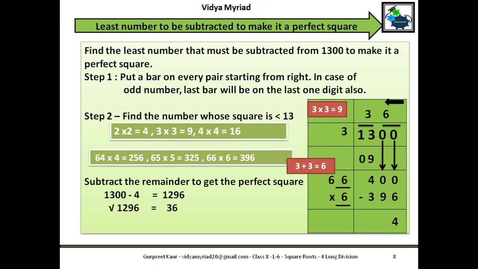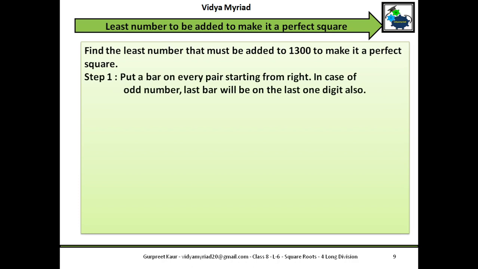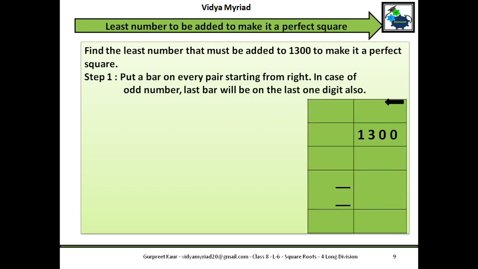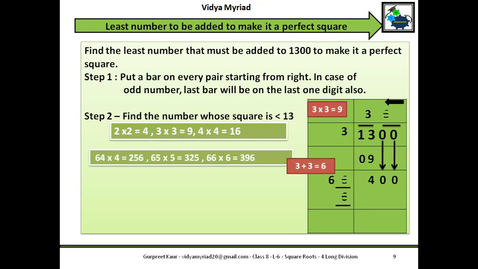Now in the same way, I have taken the same digits. The only difference is, earlier it was subtracted, now it is added. By what number should you add? There is a little difference. In the same way we will solve it. I will quickly put it forward because it is the same question, and you will realize that there is 4 in the remainder as it was here at the last. Now what is the difference here? The number must be added. Added means the number will be bigger than 1300.